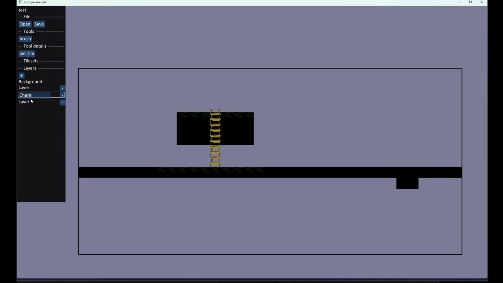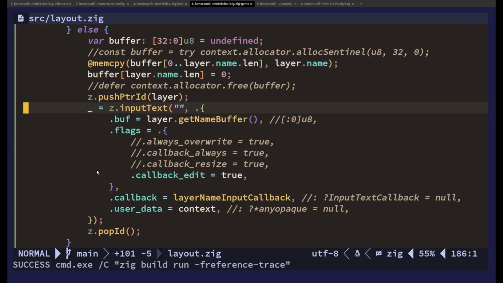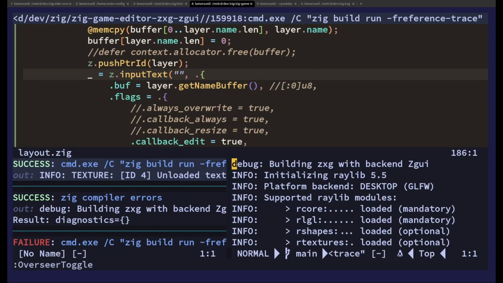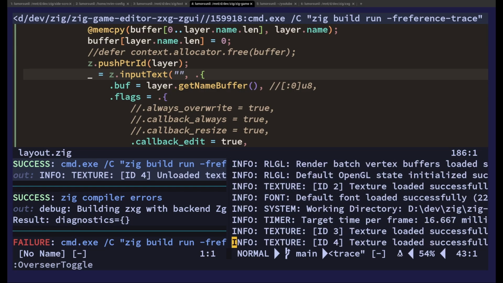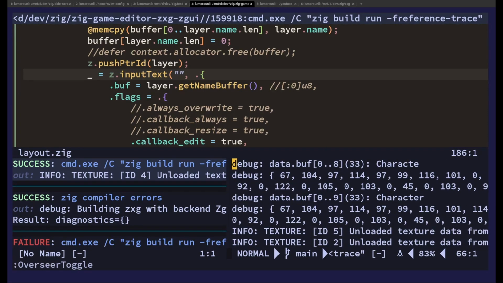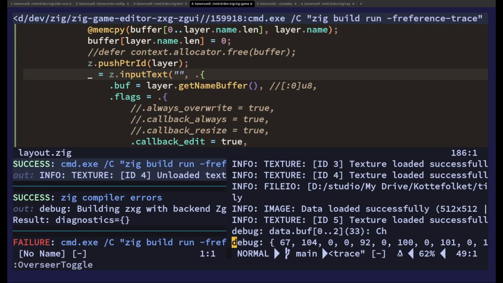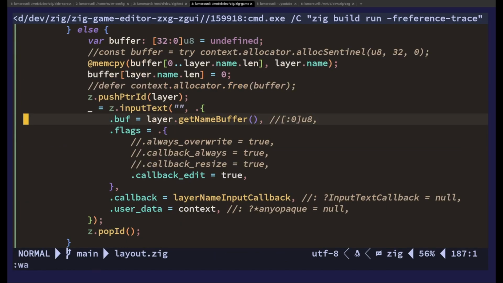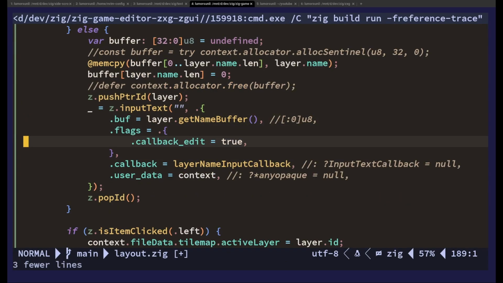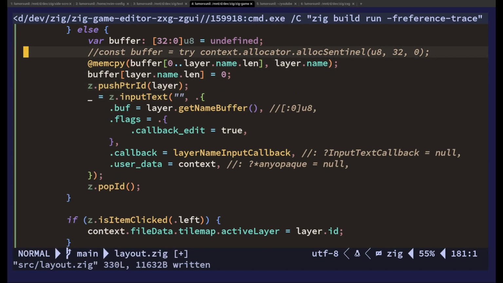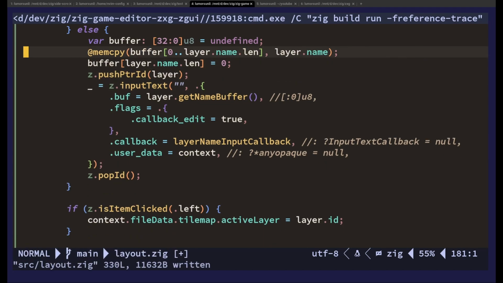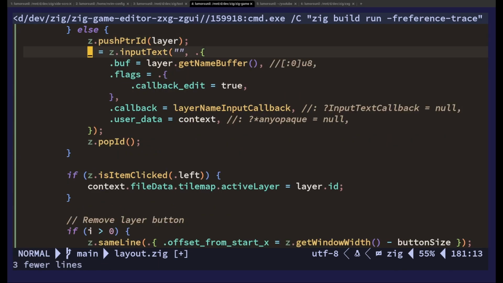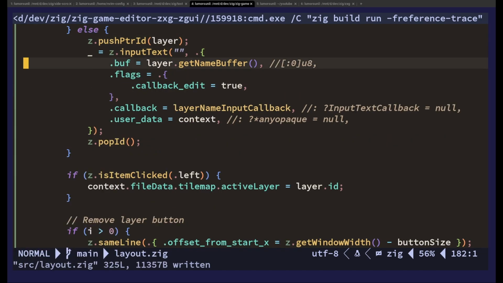Okay, so that seems to work. So let's see how many calls we got. We've got like 100,000 calls, then okay. So I think we got one call per edit we did. So that's really nice. That's probably what we want to have, right? And we don't need all this. And I don't think we need this buffer either. So let's get rid of that. Okay, so that seems to be